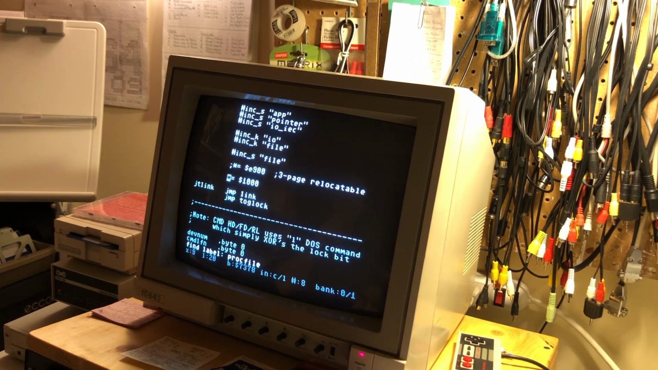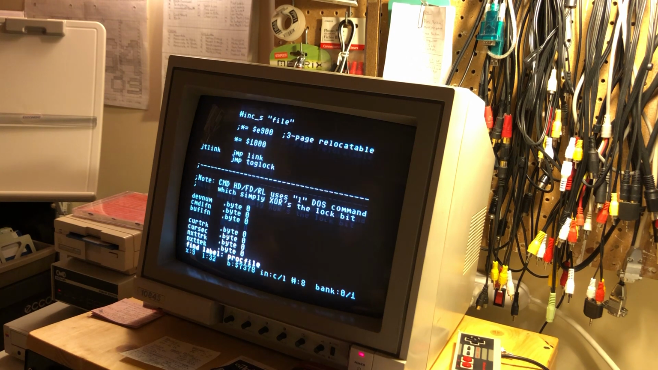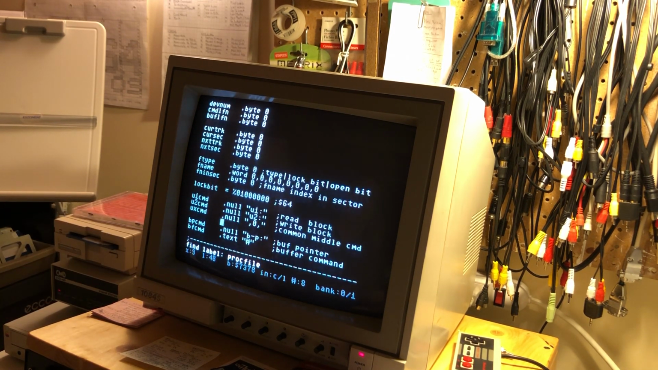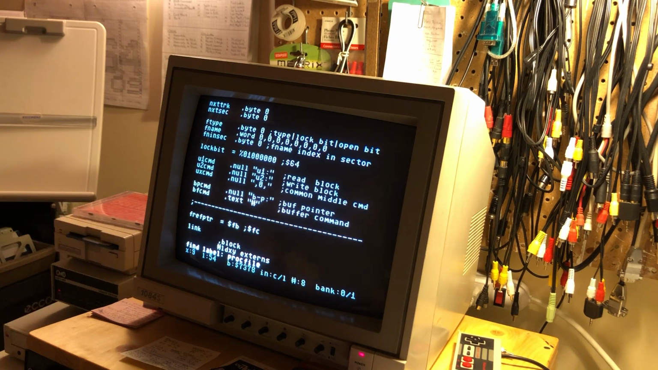So that's the whole routine, and it's been implemented right here, native coding on a Commodore 128 in Turbo Macro Pro